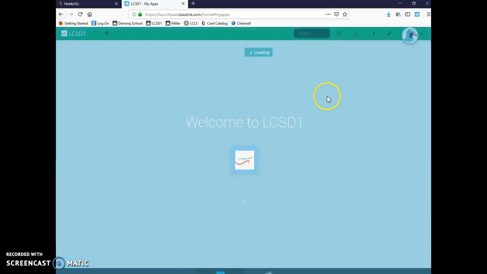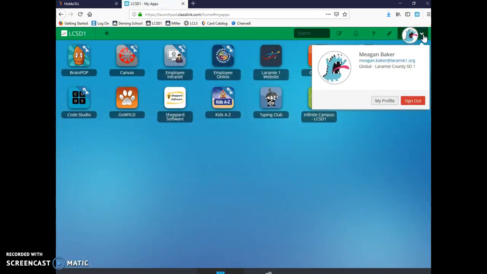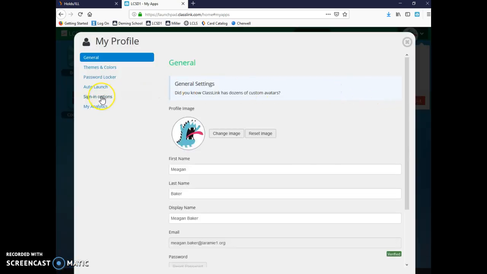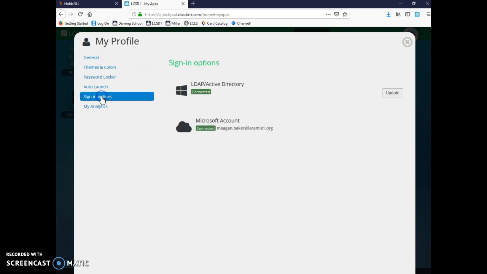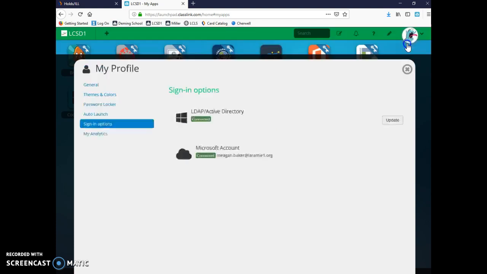Once you're into Classlink though, if you click on the drop-down arrow for your profile, click on My Profile, and go to Sign In Options. If you have not yet connected through Windows, there should be right here a button that says Connect. If you click on that, and then click out of your My Profile window,